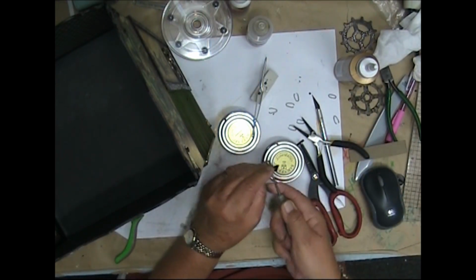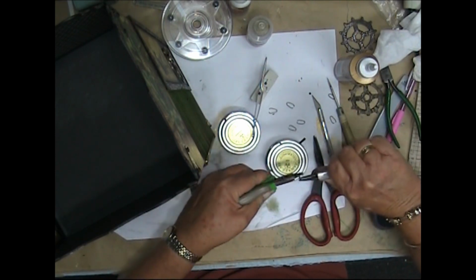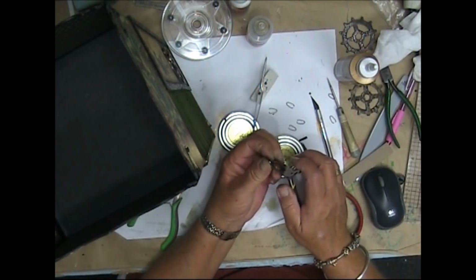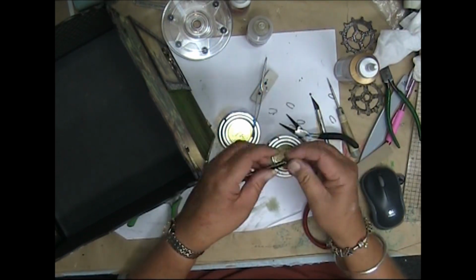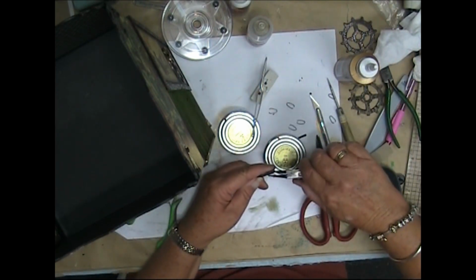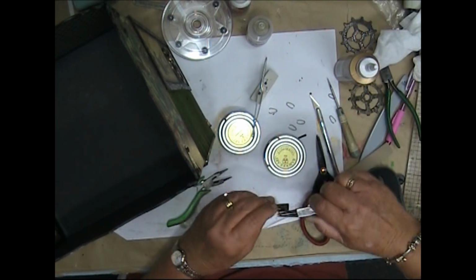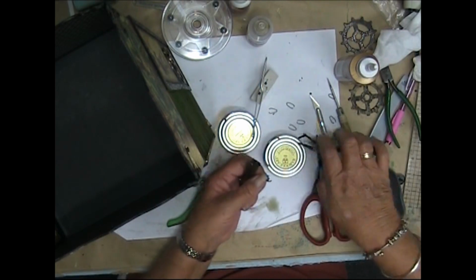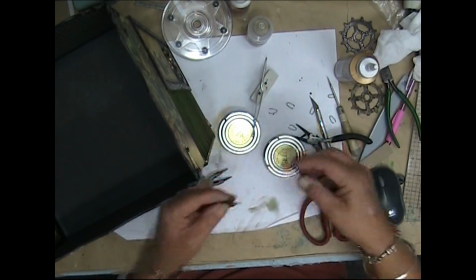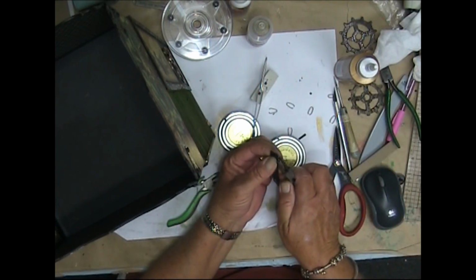Okay, let's do this one now. Squeeze them together. Oh, silly girl. Wrong way. Upside down. Okay, so back out and back through. And pinch together. Alright,